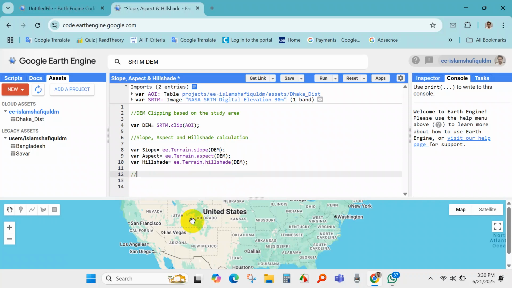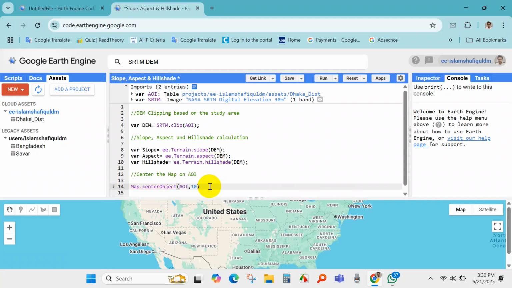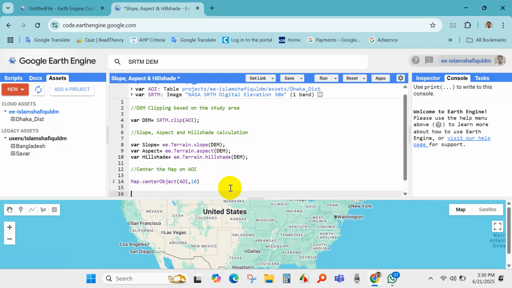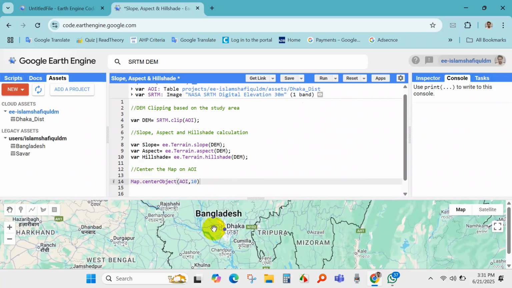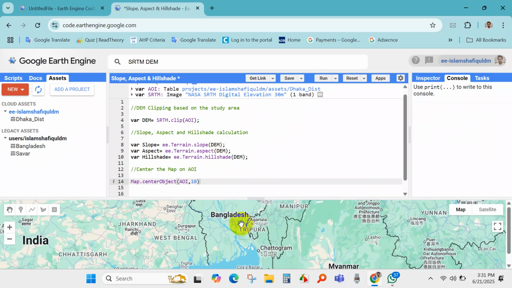now I will center the map layer on my area of interest. So I'm writing function Map.centerObject AOI and zoom level 10, and if you run, then you can see your area of interest. Yes, here, and then